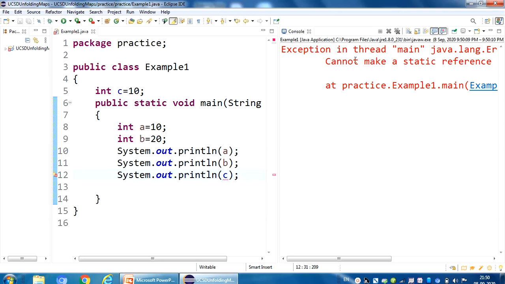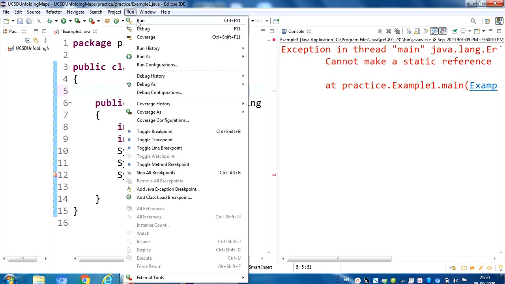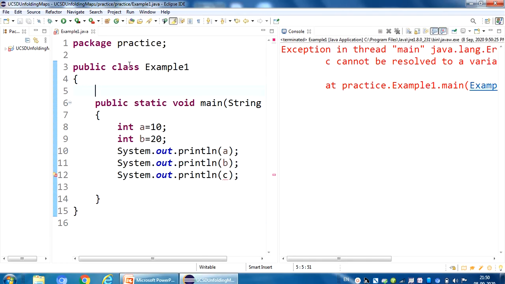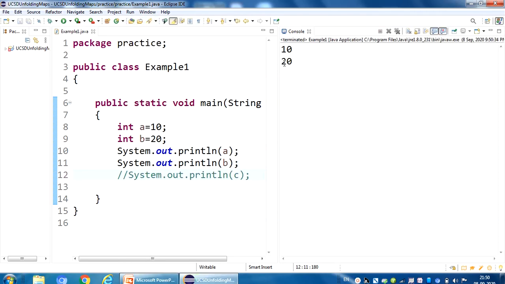It is an error. So we cannot access the variable outside the blocks. I have to remove this and run the code again. Here the output is 10 and 20.